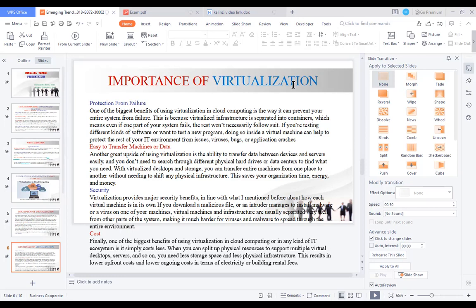And before, about how each virtual machine is in its own environment.